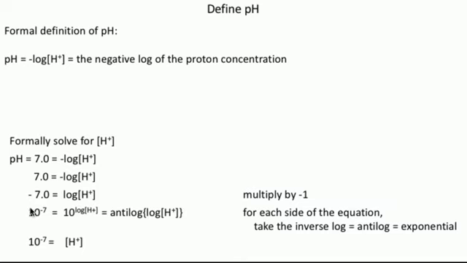We're doing the same thing to both sides. If -7 equals log of protons, then 10 to the -7 equals 10 to the log of the proton concentration. And of course, the exponential of 10 can also be called the antilog or inverse log. You can call it either way. So 10 to the log proton, or the antilog of the log of protons, is simply the proton concentration. Therefore, 10 to the -7 equals the proton concentration. A little bit of maybe trivial arithmetic there,